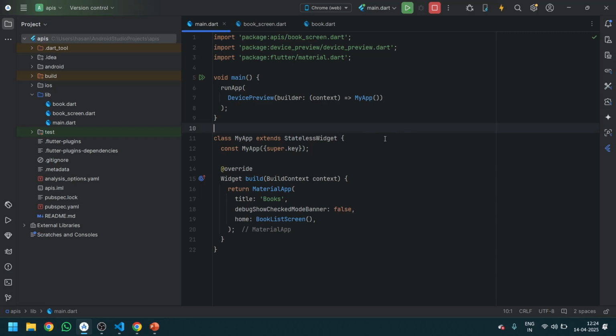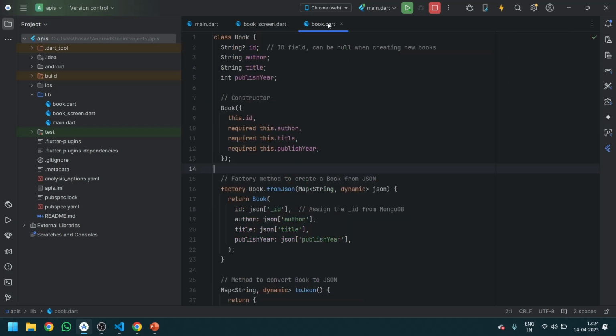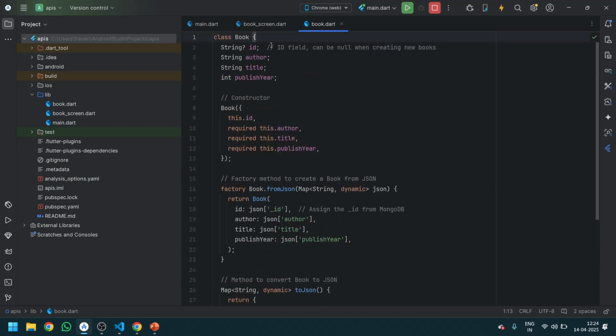So I have created one application. In this application, I have created the screen, and in that I have created one class model. Now what is a class model? A class model is a class in which we define only the parameters, only the variables. Like this, you can see there are variables such as ID, author, title, publisher, and also there is